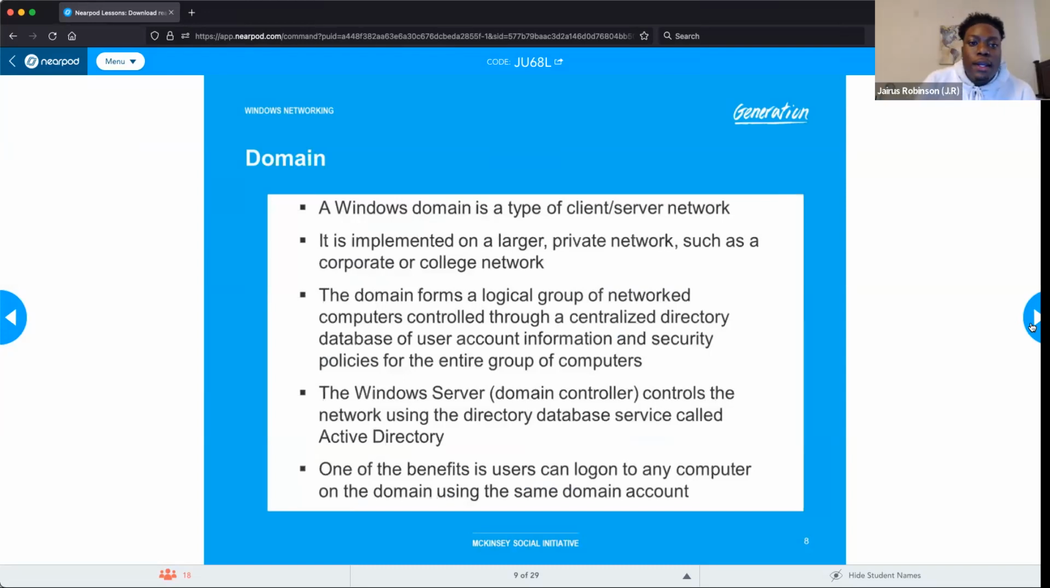A Windows domain is a type of client-server network. It is implemented on a larger private network, such as a corporate or a college network. The domain